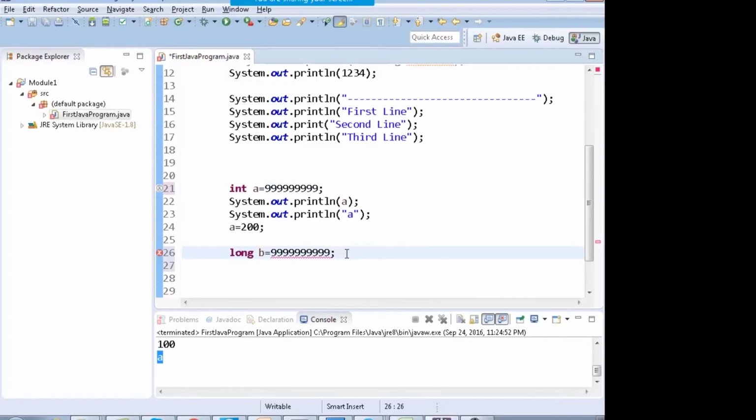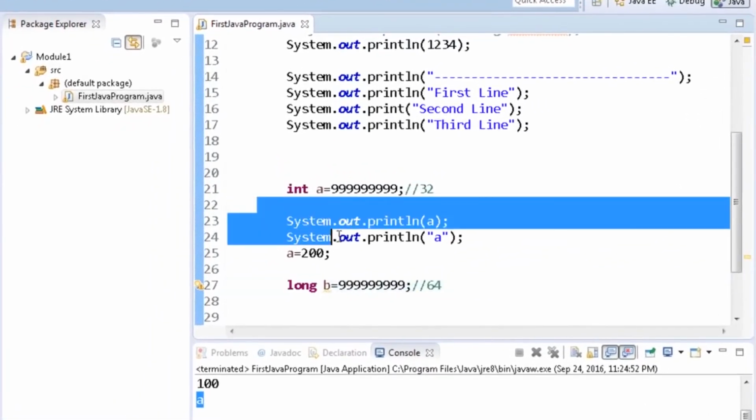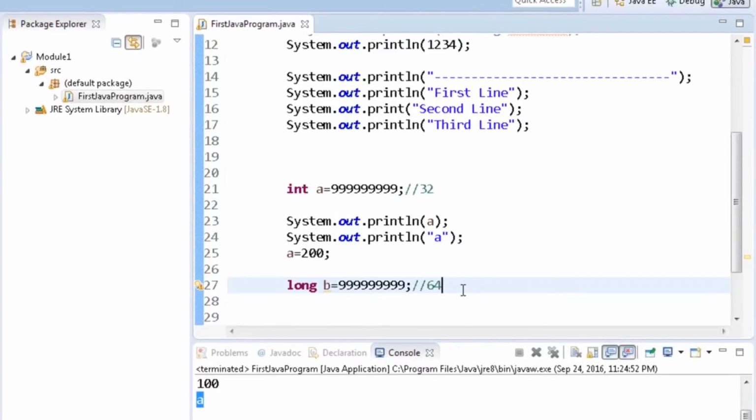You see that over here you have one number extra, but this one number makes a huge difference. Basically, integer is 32 bits and long is 64 bits in the memory. It is bigger. Sometimes you have to store bigger numbers, so you can use long, but you cannot store decimal numbers in any of them.